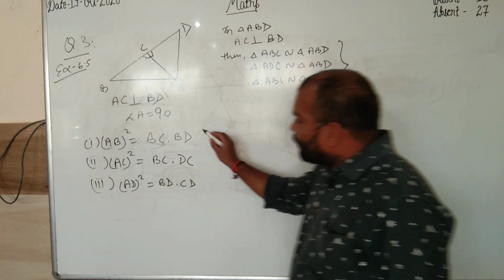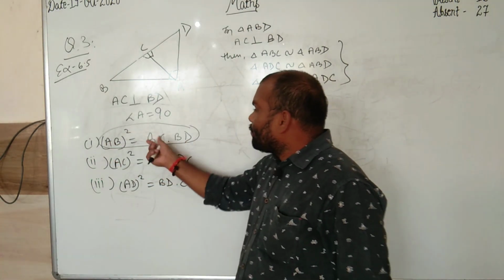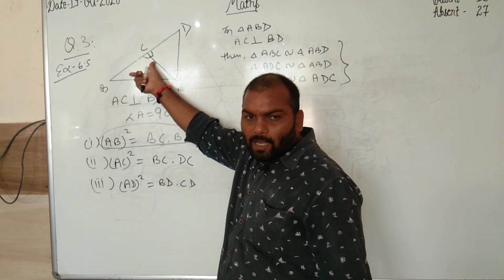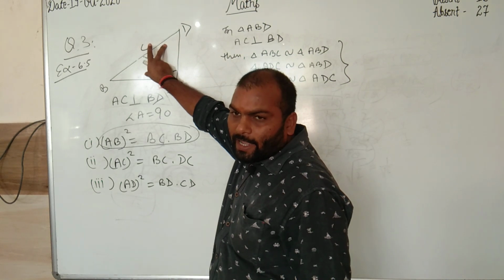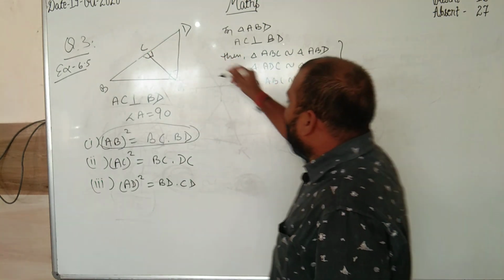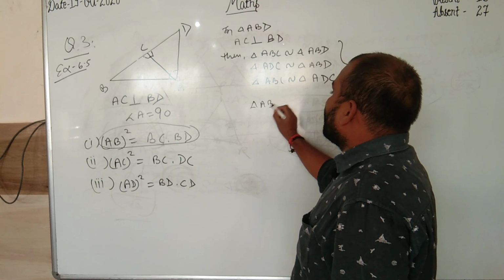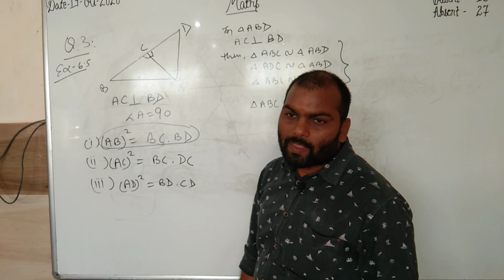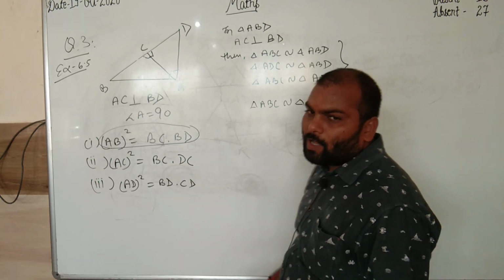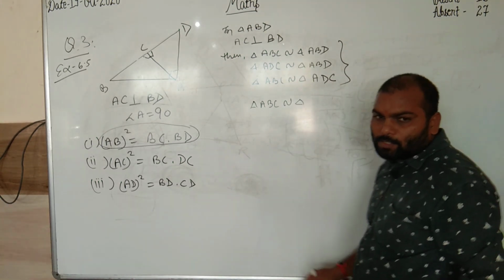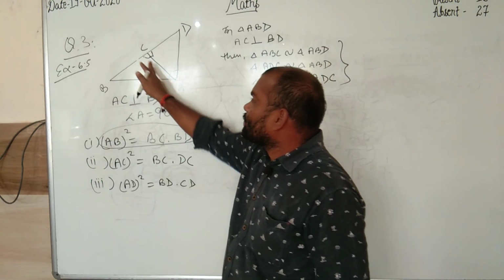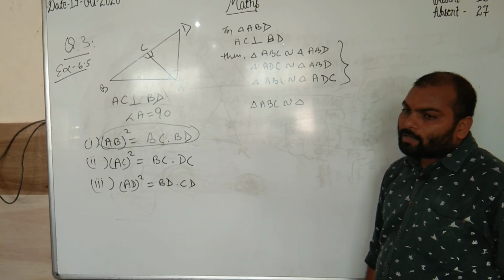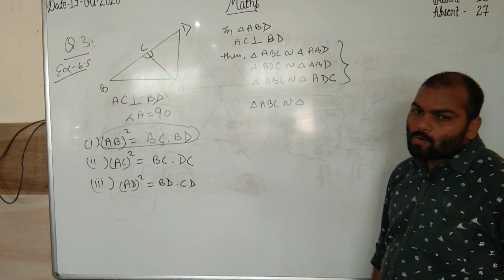So now here we are watching, here can see that BC and BD, BC is in the smaller triangle and BD is in a bigger triangle. Clear? So we will take the triangle ABC is similar to triangle, which triangle? First write the name, the similar triangle of ABC. How?